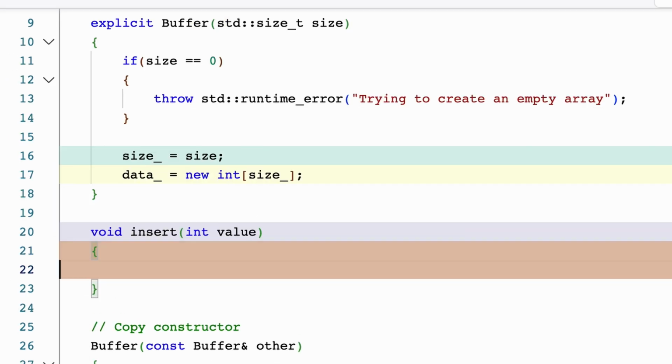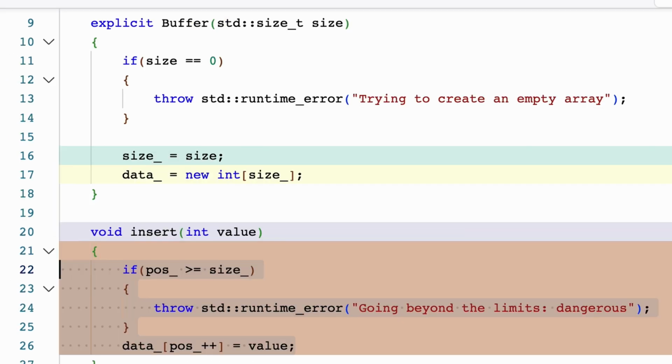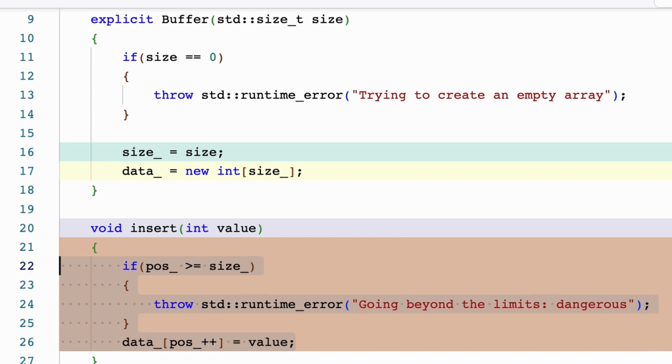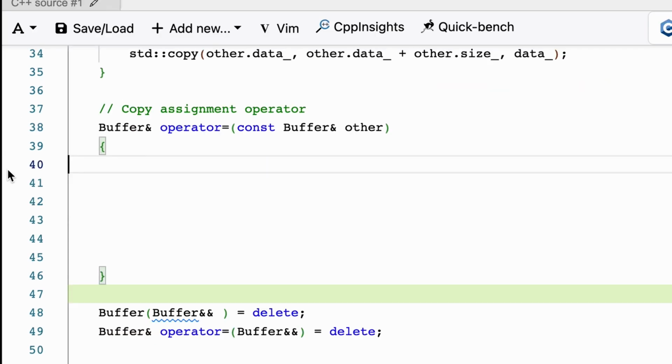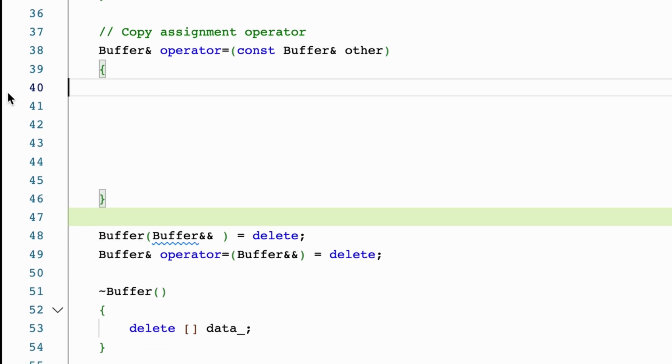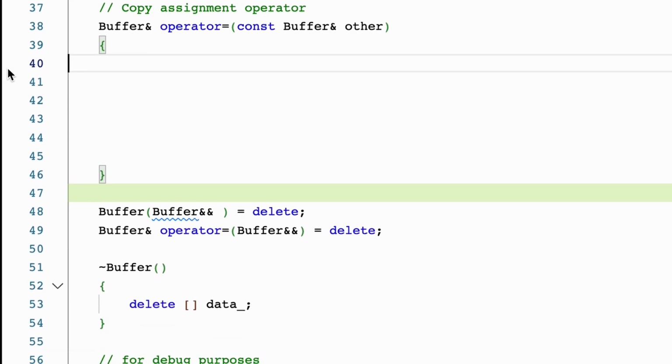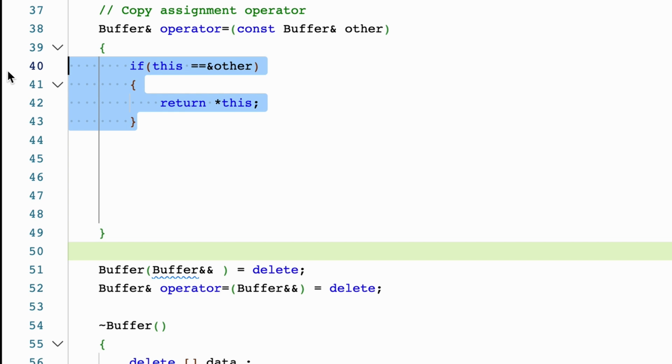We can create the insert method that allows us to insert an integer into the array, and we can also provide checks to make sure that we don't store data beyond the maximum capacity of the array. We can also create the assignment operator. We first make sure that we are not referencing ourselves, that other is not referencing this, and then we can start to copy one by one the elements.